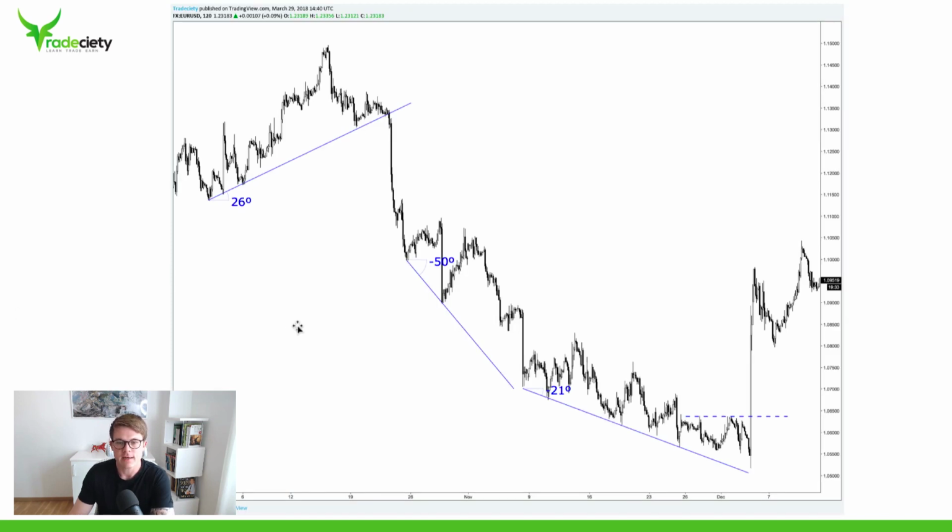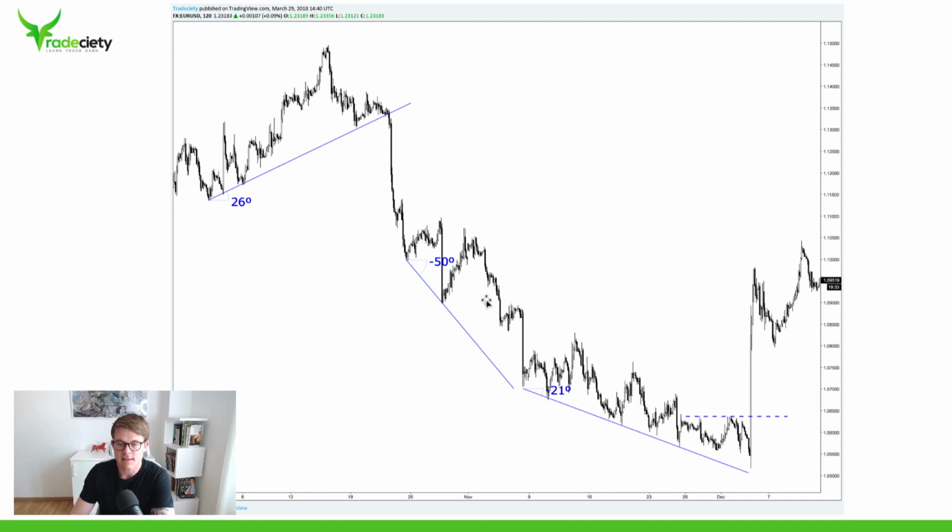One great thing about trend lines is the angle, because the angle really tells you a lot about the trend strength. When we start here and connect the lows of this uptrend, we can see this is a 26 degree angle, which is a fairly moderate trend strength. Here, on the other hand, we have a longer trend, and we often get more than one trend line that can describe the trend. Here you can see we start out with a 50 degree drop. Obviously at the beginning it was much stronger with a much steeper angle, but here we have 50 degrees and then it changes to 21 degrees, and you can already see that the speed of the trend